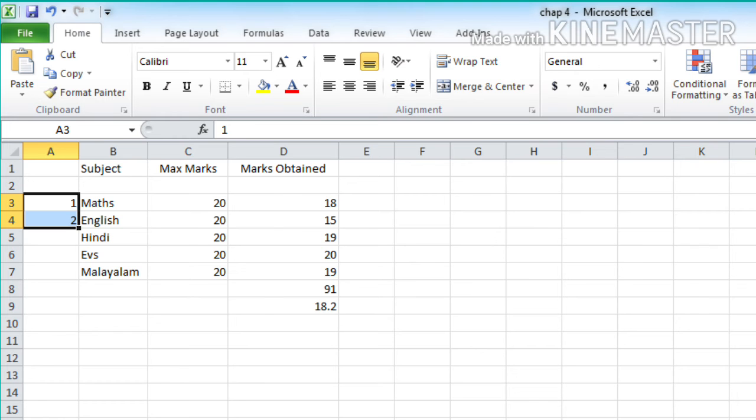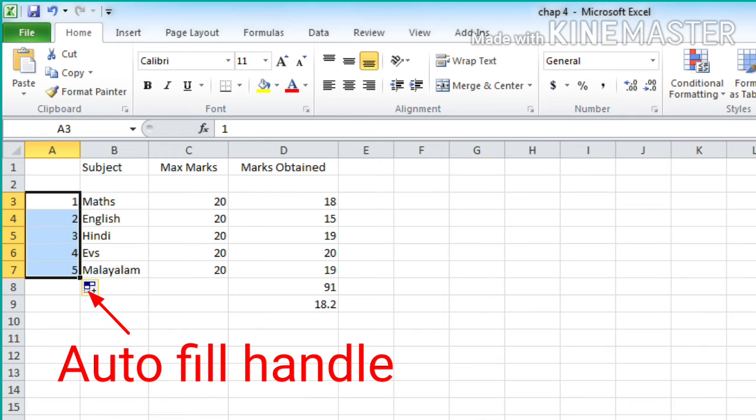The next is drag the autofill handle till the cell A7. Okay, till the last subject, that is A7. Children, and when you release the drag, you will find that the autofill feature has entered the serial order in the same sequence up to the last entry, just like this.